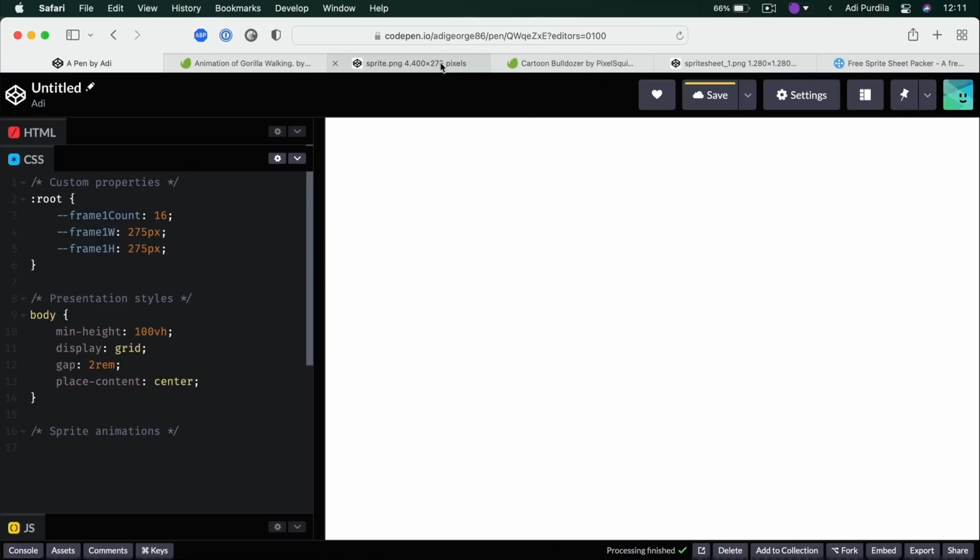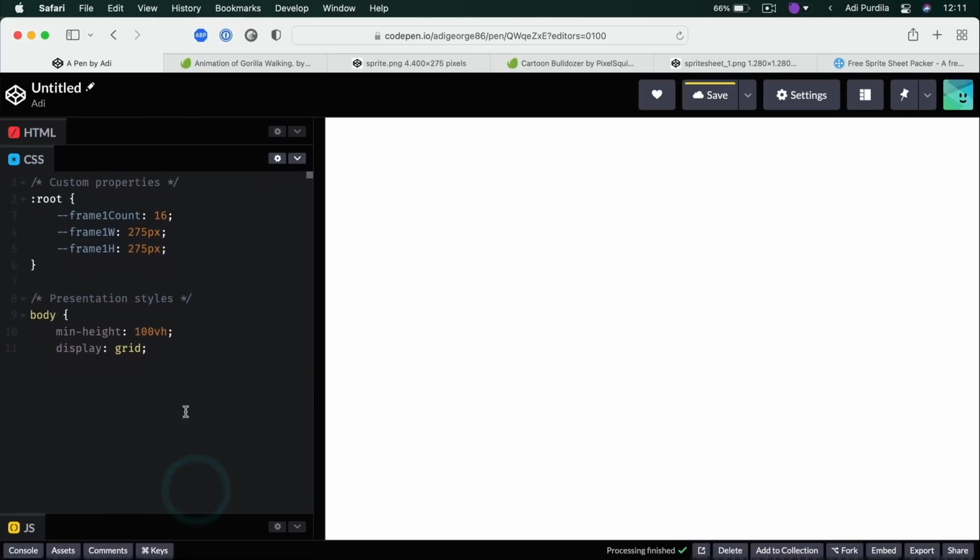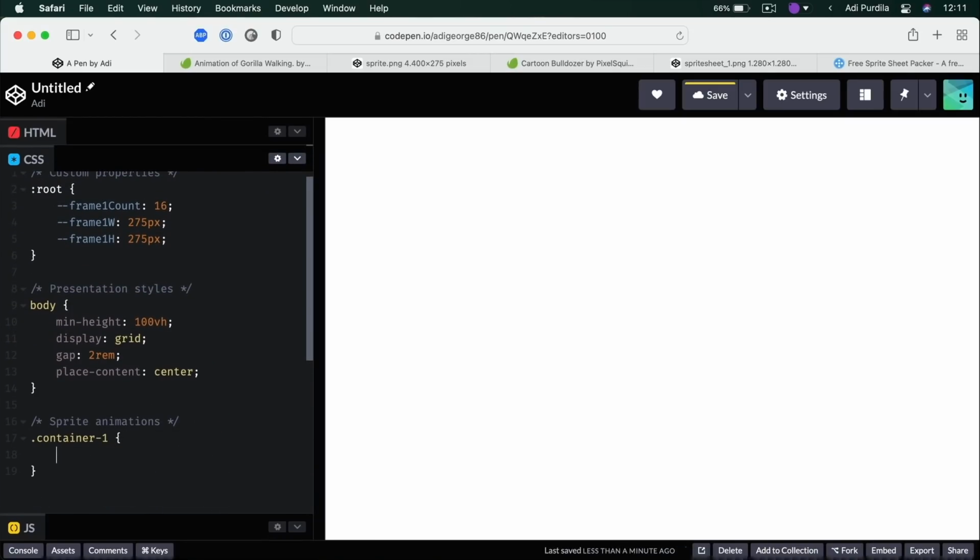Because my sprite is 275 in height. And let's go ahead and work with this. So for my first animation, I'm actually going to define a container 1 right here. And then in CSS, container 1, I'm going to set the width and height to my frame width and height,